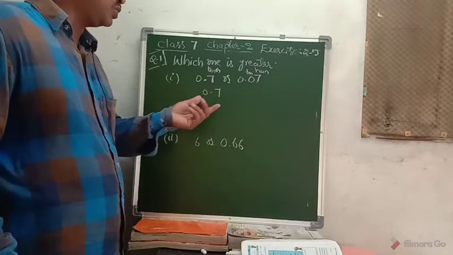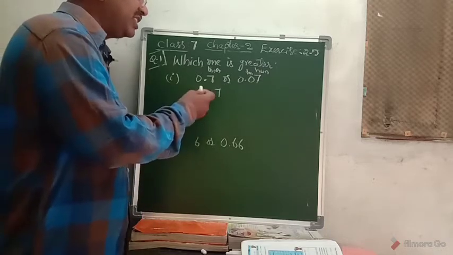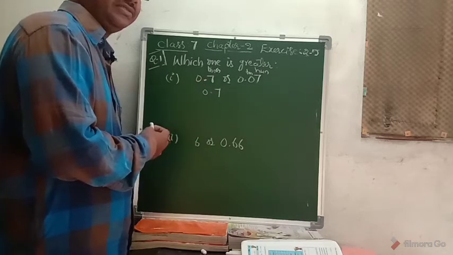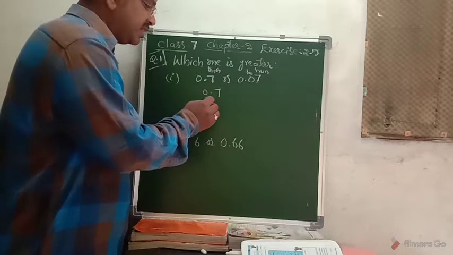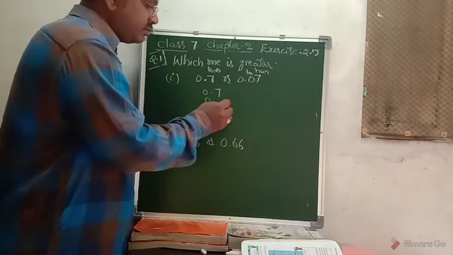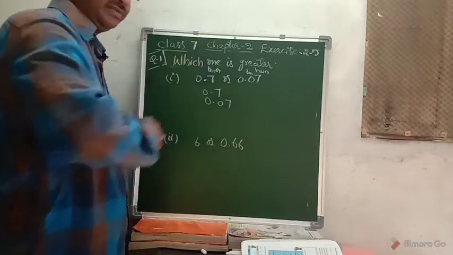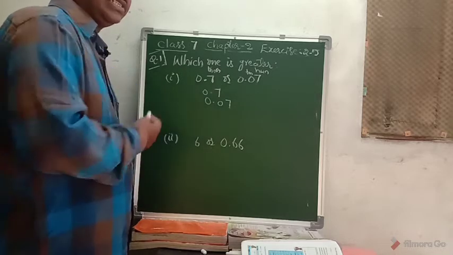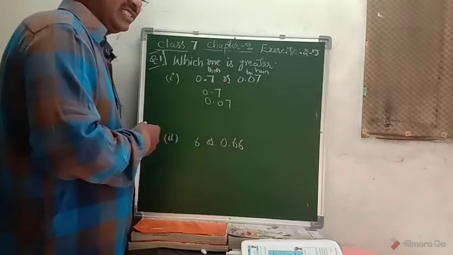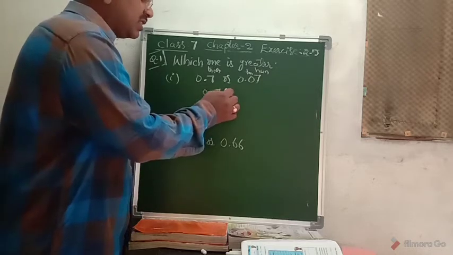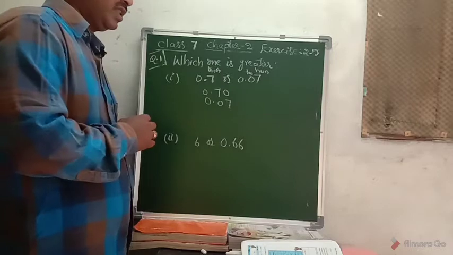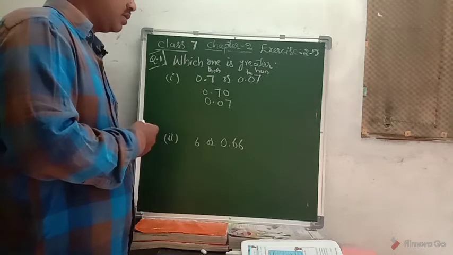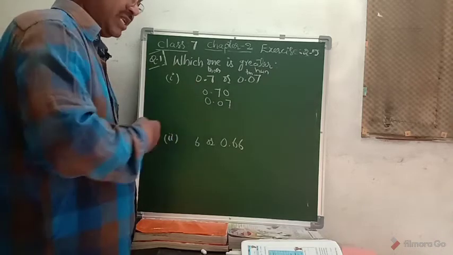In order to compare these two numbers, we arrange them one below the other, aligning them by the decimal point. 0.0 and 7. First, we compare the whole number part, and after that the decimal part. Here there are not enough places, so where there are not enough places, we fill them with zeros. We can write zeros at the end of a decimal.